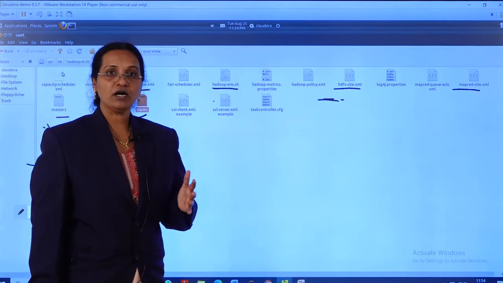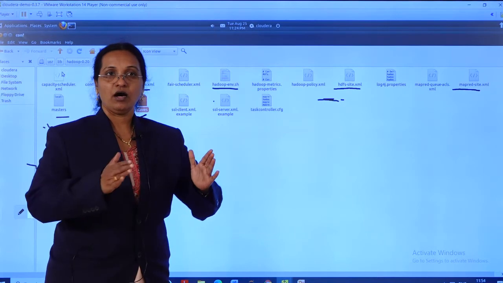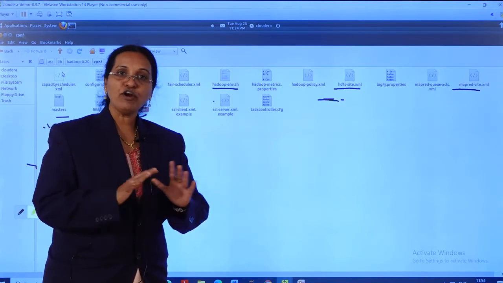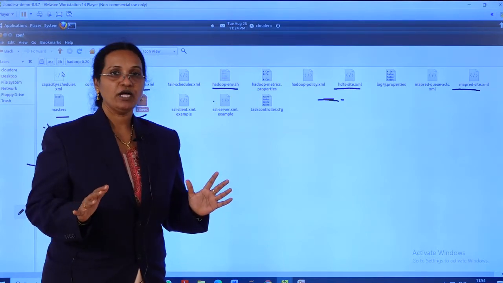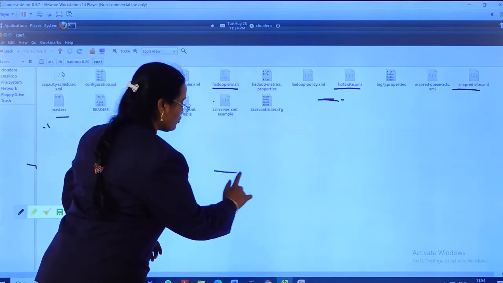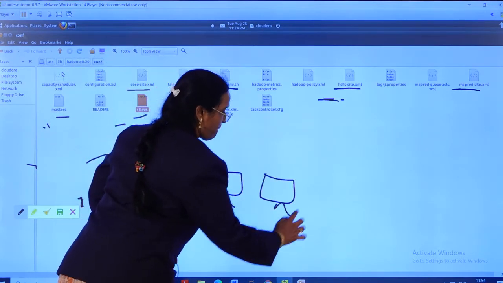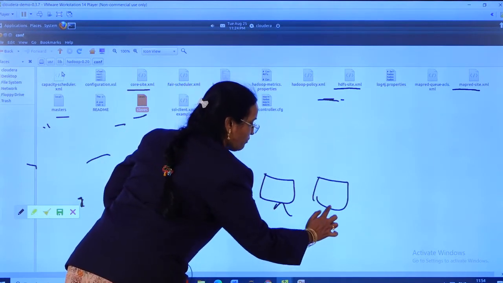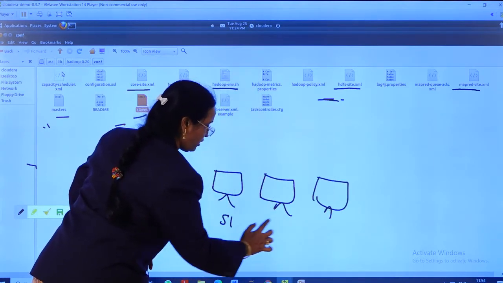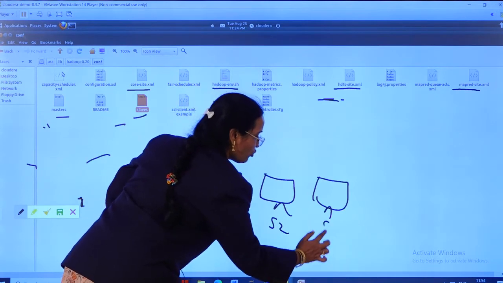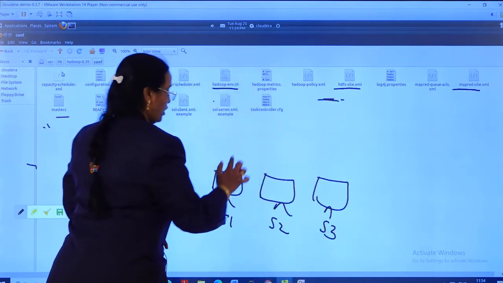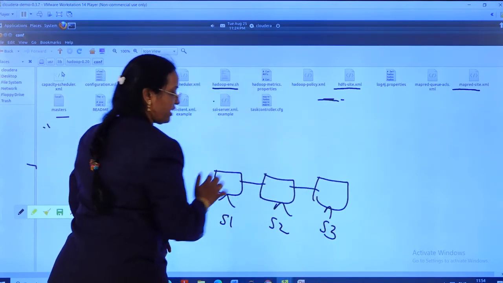But if you run on multi nodes or the fully distributed architecture of Hadoop, then whatever slave nodes there are, these are my slave nodes. Whatever machine names I give here, slave node 1, slave node 2 or slave node 3, they are connected in the network.